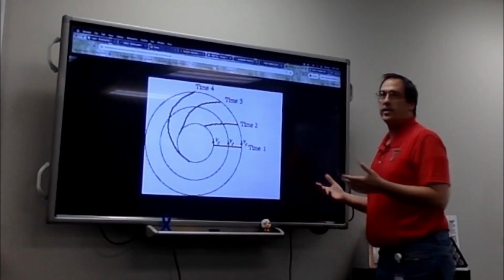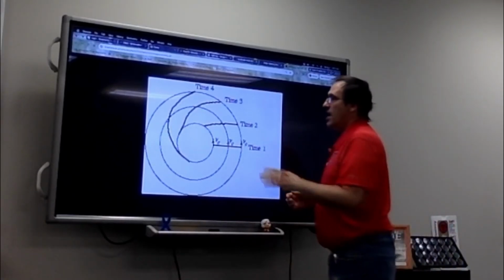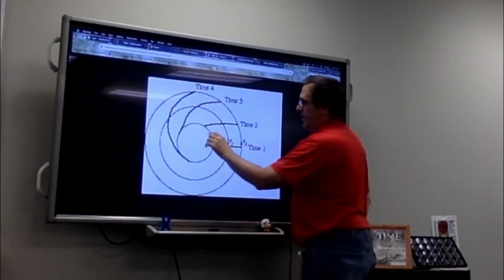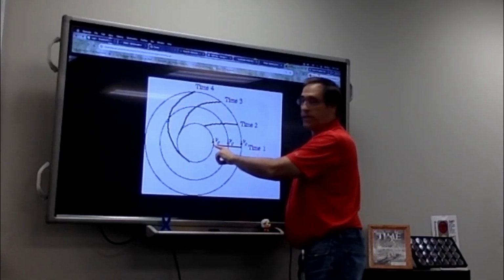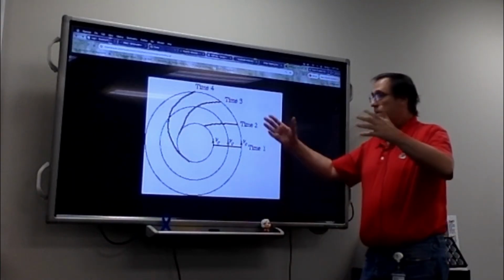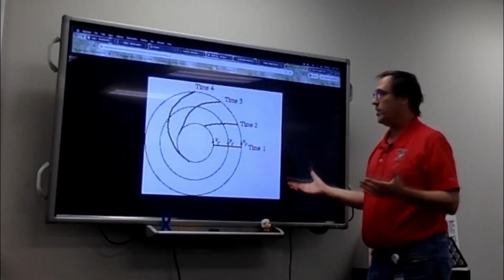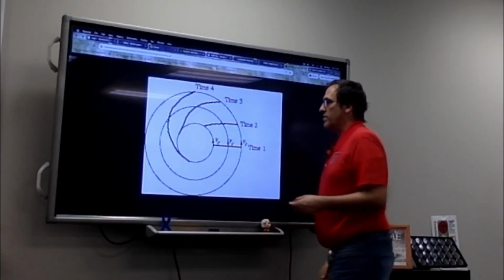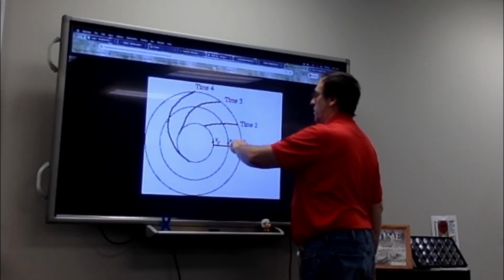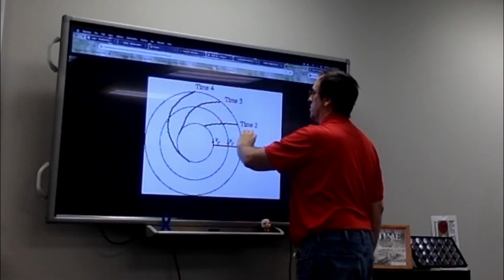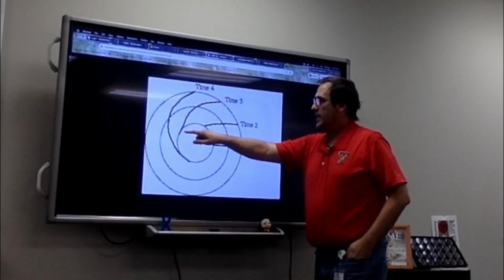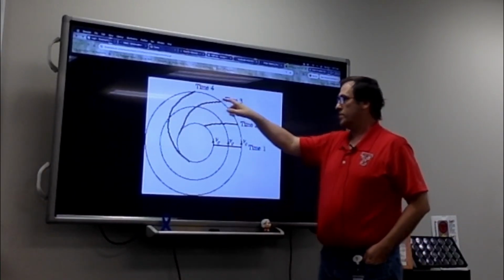After another same amount of time, everything has moved the exact same distance again. Now this object, which was down here, is almost halfway around the pivot point for everything, the center of this galaxy or something like this. Whereas this one is only about a fourth, and this one is considerably less than a fourth. So you can see that the line once again is becoming more and more curved.